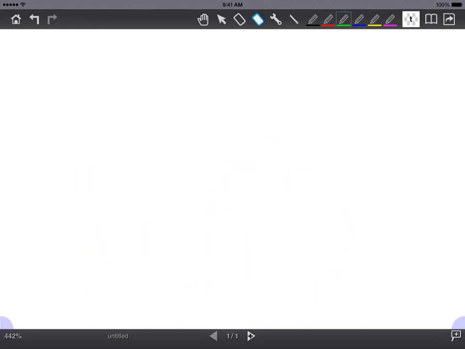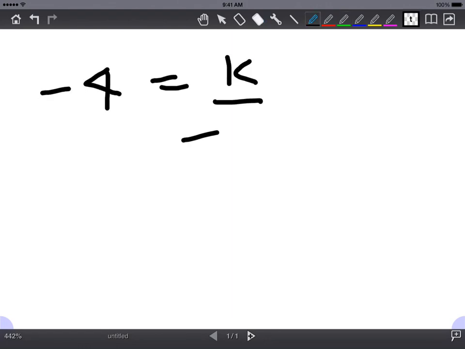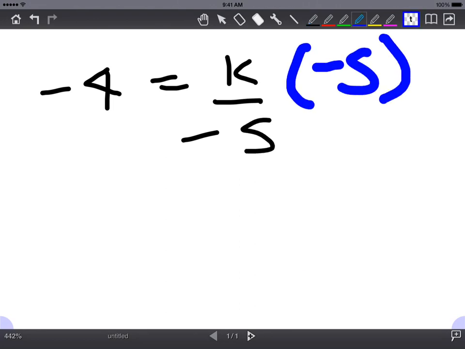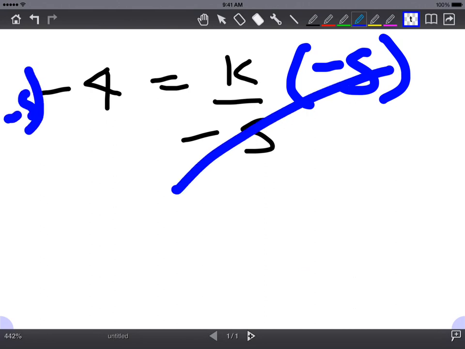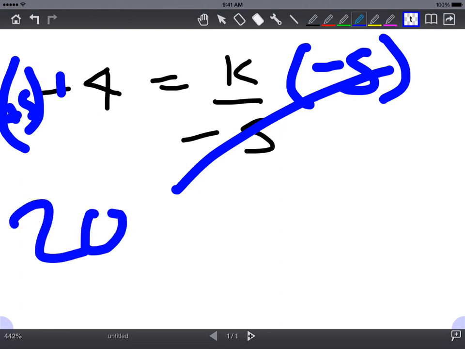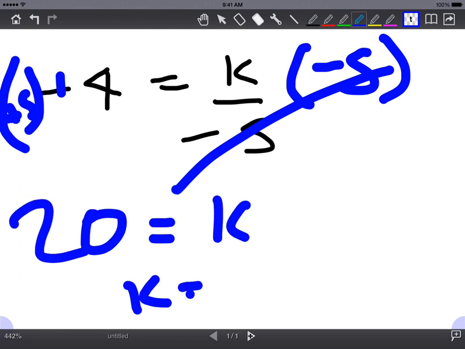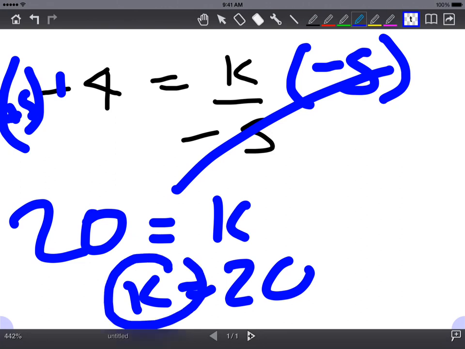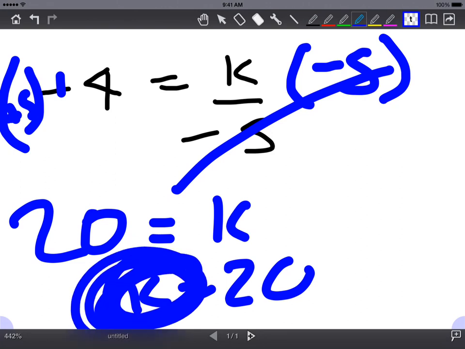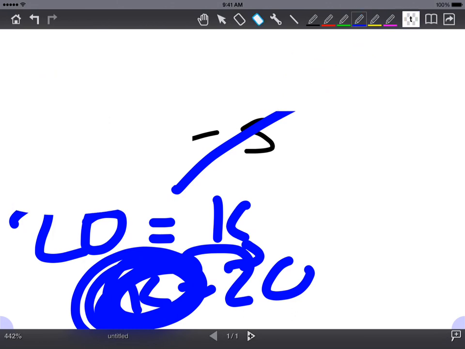Okay, now let's do one where we have to multiply. Negative 4 equals k over negative 5. In this case, we would need to multiply by negative 5, so they cancel. And a negative times a negative is a positive, so we just get 20 equals k. Some teachers like you to put the variable on the left, but it's